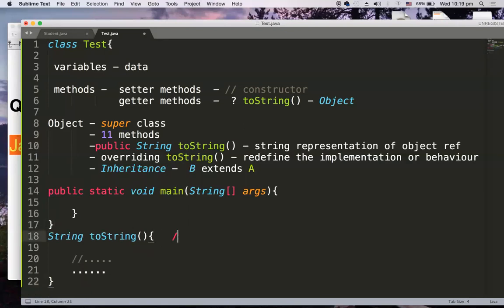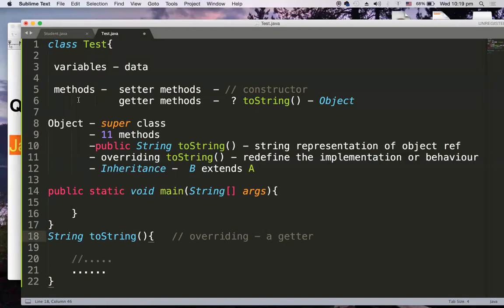So this is overriding. By overriding the toString method, we can eliminate the need of a getter method. Okay, this is the theory.